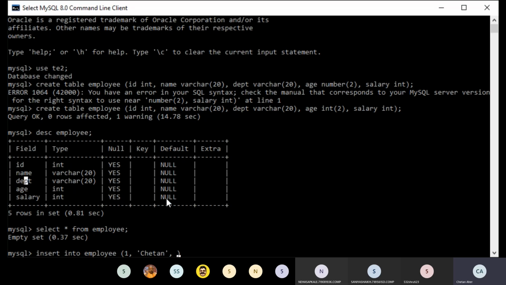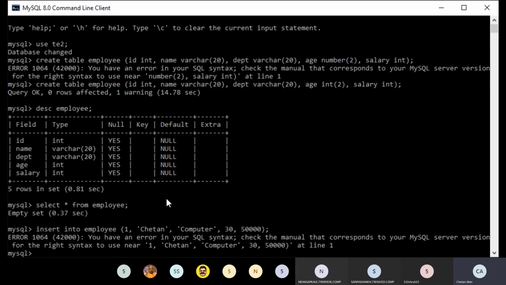Department could be computer. As it is varchar, we should mention it in quotes. Age could be 30. Then salary. So this is one record.